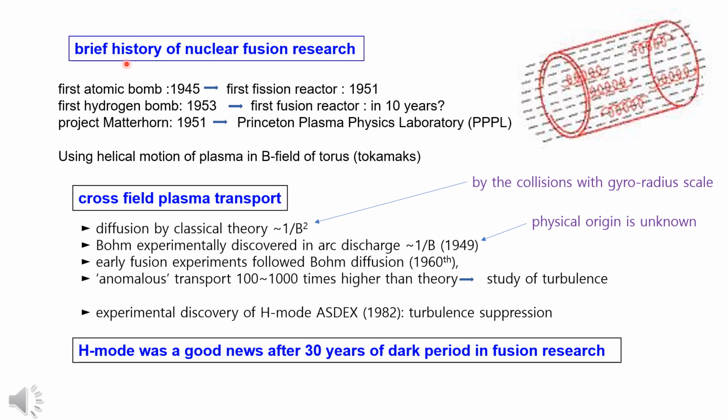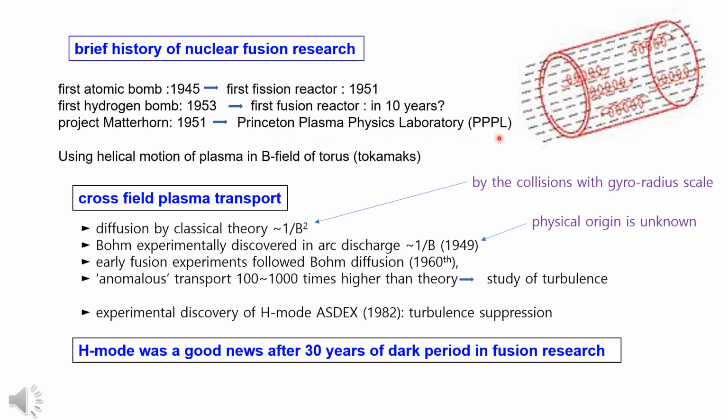Here is a brief history of fusion research. The Manhattan Project produced the first atomic bomb in 1945. Six years later, Enrico Fermi developed the first fission reactor. The first hydrogen bomb, using fission and fusion energy, was made in 1953, leading people to believe that a fusion reactor would be within a decade. Project Matterhorn was a plan for the peaceful use of fusion energy and was developed at Princeton University's Plasma Physics